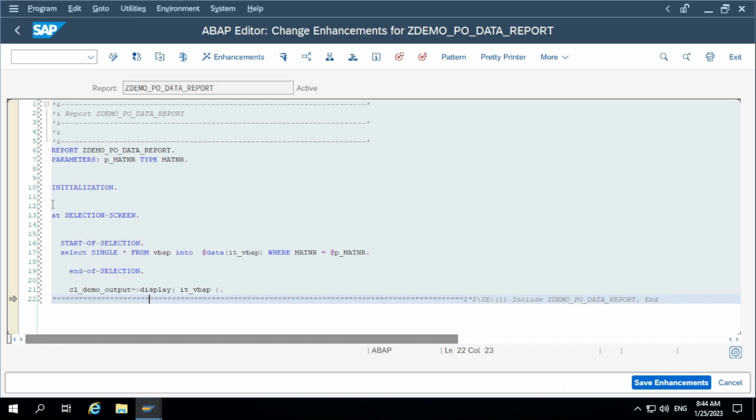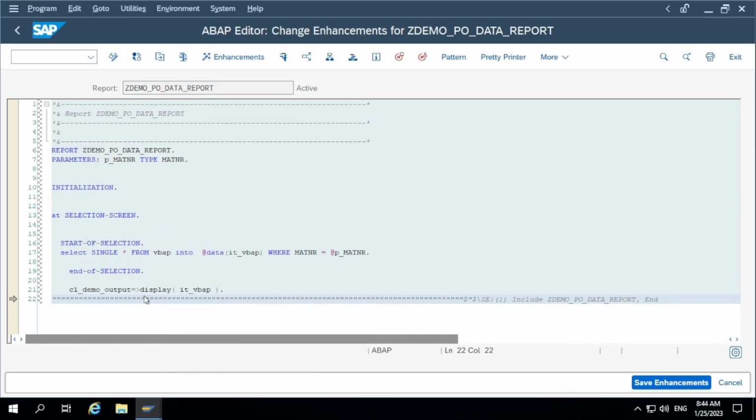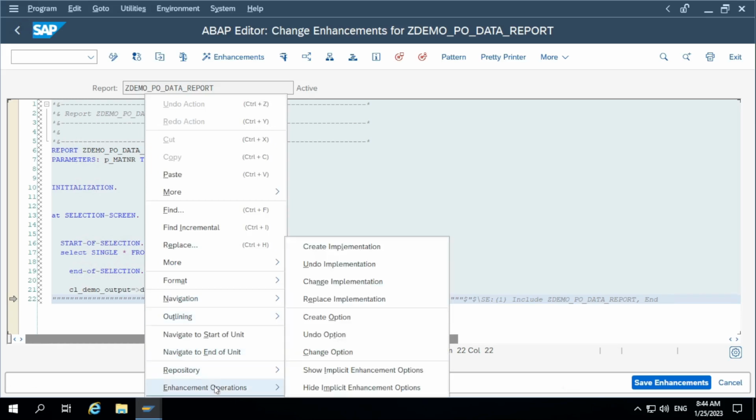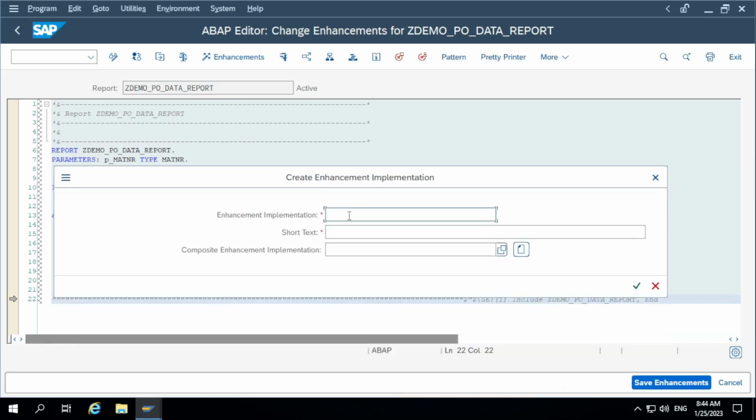When you click on the enhance button, now right click on this explicit enhancement. Sorry, right click on the implicit enhancement, and what you need to do, go to enhancement operations. What you need to do here, create implementation. Please observe the navigation carefully and provide the enhancement name. Z, I'll take naming conventions like